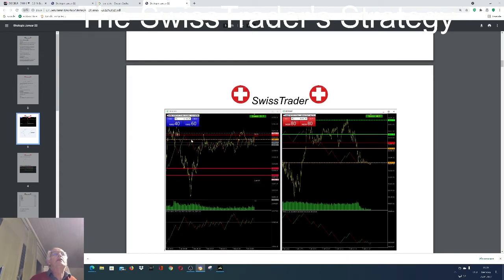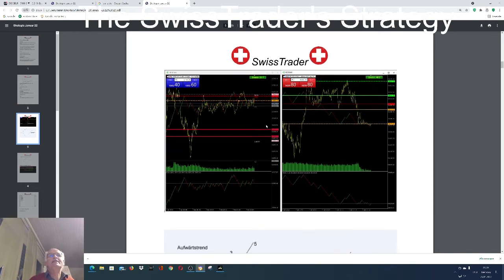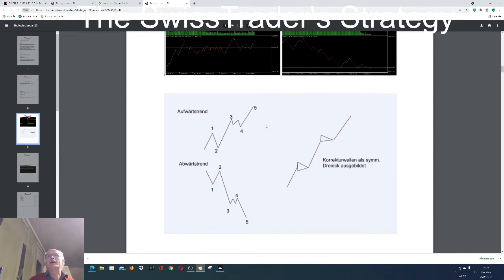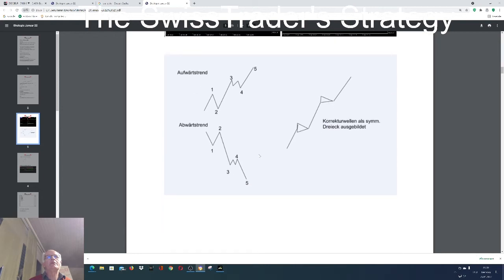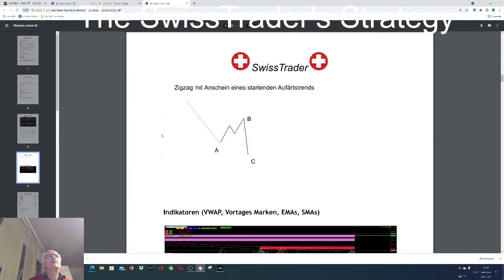Here you see the Renko. It shows you the fractal movements, the movements which, for example, you see in Elliott waves. This movement 1, 2, 3, 4, 5. This impulsive wave up, and here down. 1, 2, 3, 4, 5. You see this very well in the Renko, and also such